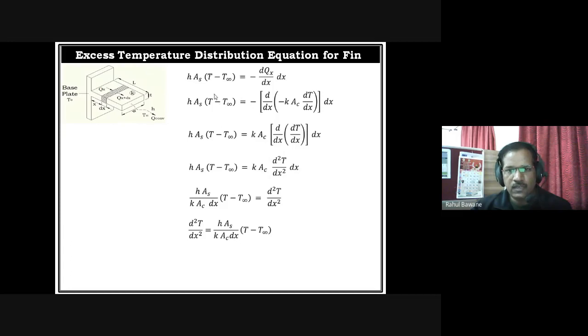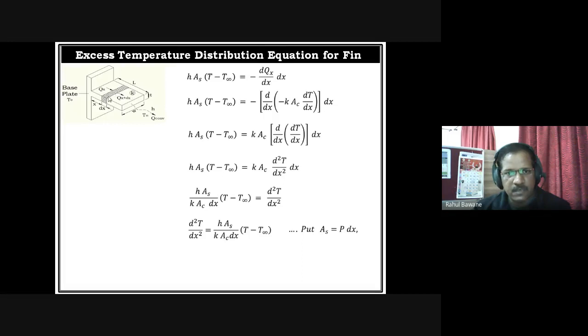Definitely to get a temperature distribution equation we have to integrate, no doubt, but right now we have reached this form only. Now putting in the surface area. The surface area is this shaded one. We can write it as perimeter times dx. So perimeter will be w into t, w width, t height. So perimeter is twice (w plus t), sorry, I previously said w into t, but perimeter is twice (w plus t).